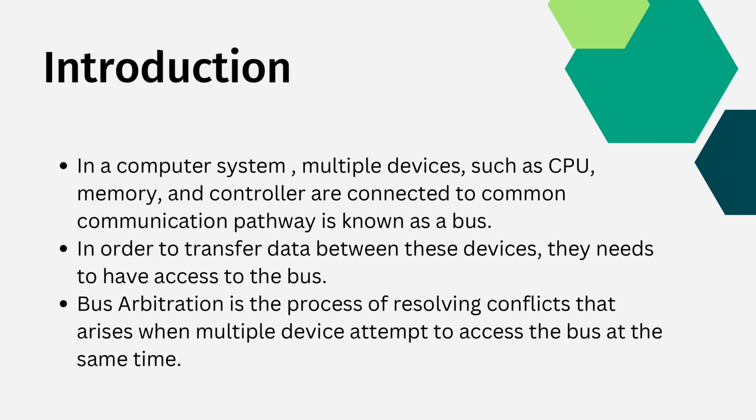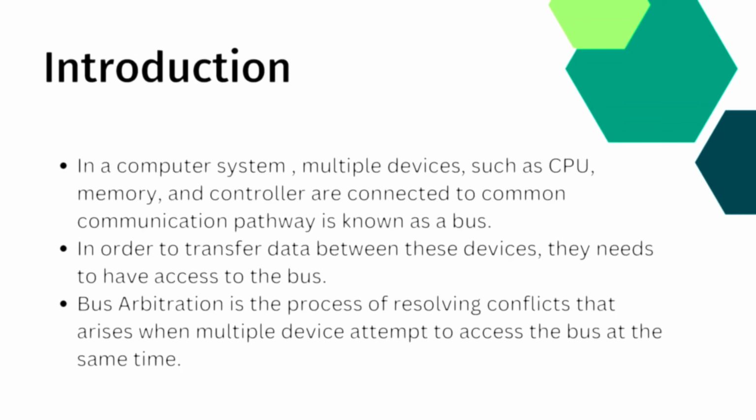In centralized arbitration, a single device known as the bus controller is responsible for managing access to the bus. In decentralized arbitration, each device has its own priority level, and the device with the highest priority is given access to the bus. In distributed arbitration, devices compete for access to the bus by sending a request signal and waiting